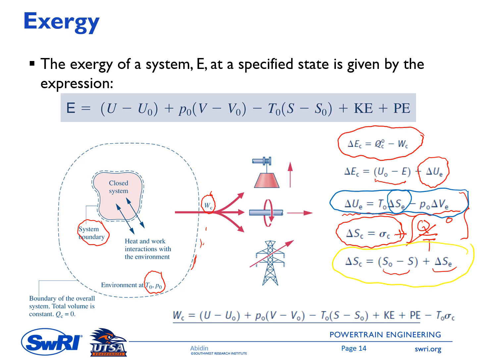So now I can replace or substitute delta E from this all correlation, and then I can make WC explicit, so put it on the left side. Then I will have this correlation. Okay, so WC equal to delta U, so this is the internal energy difference between the closed system and the internal energy of the environment, plus P0 times delta V minus T0 times delta S plus KE plus TE minus T0 times sigma, the entropy